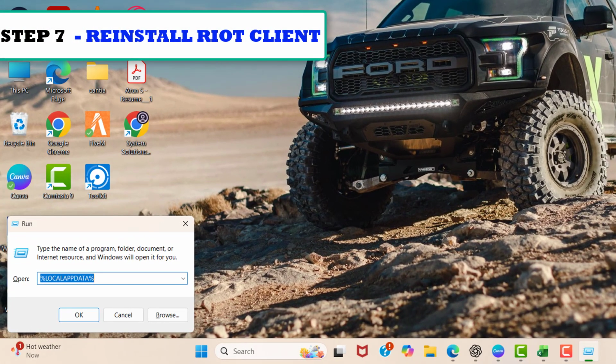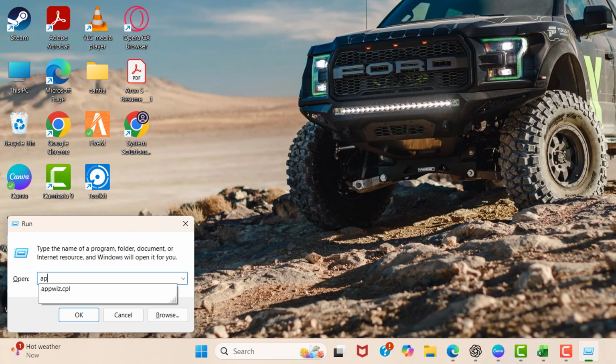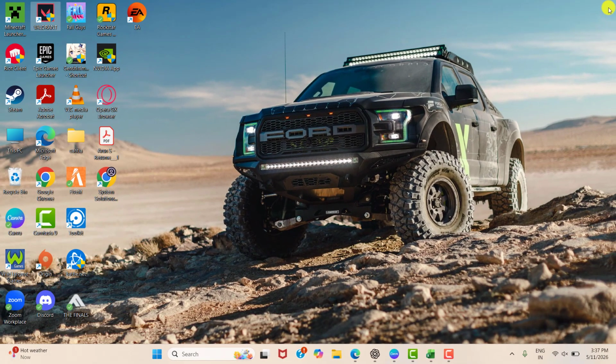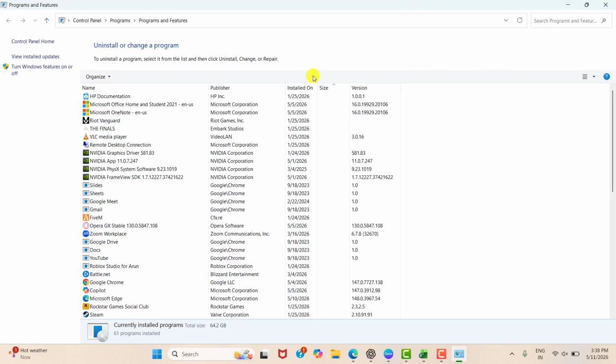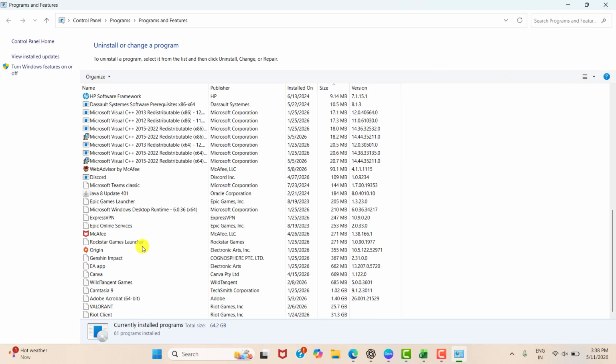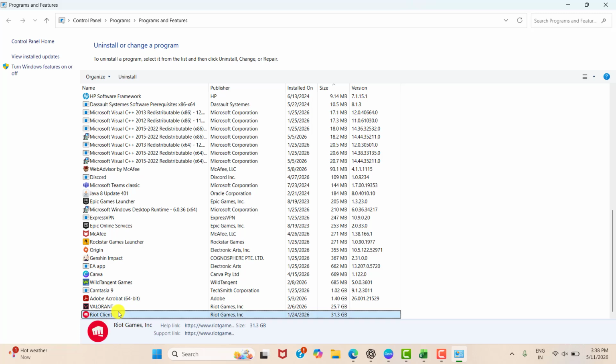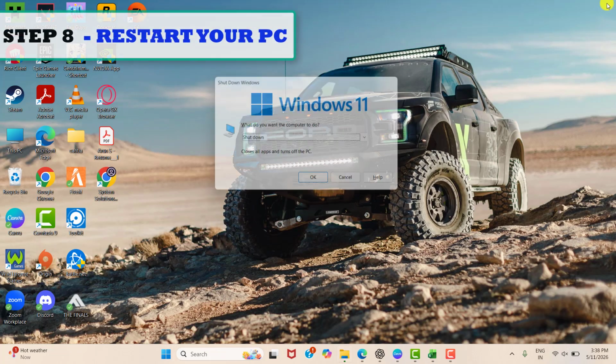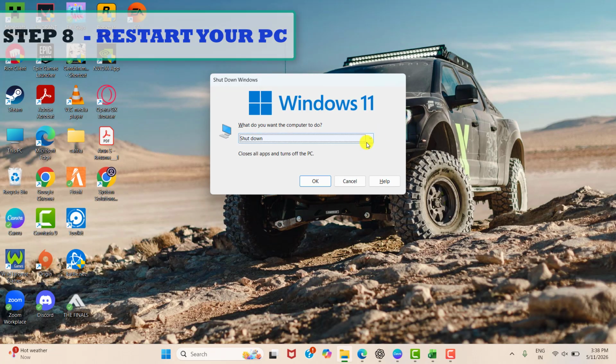So our seventh step is to reinstall the Riot client. For that you need to press Windows R and then type appwiz.cpl. It redirects to the uninstall tab. Over there you can uninstall the Riot client and then install a fresh one to solve the issue. So once it's done, please restart your system and then click